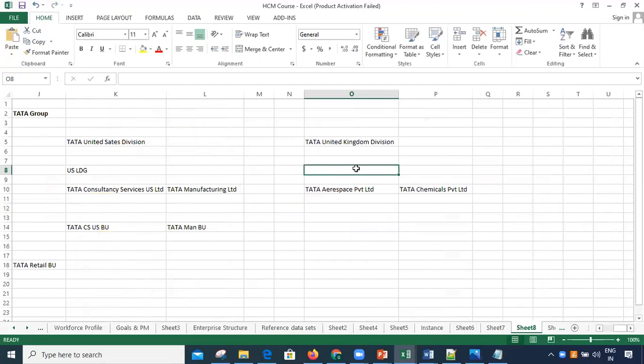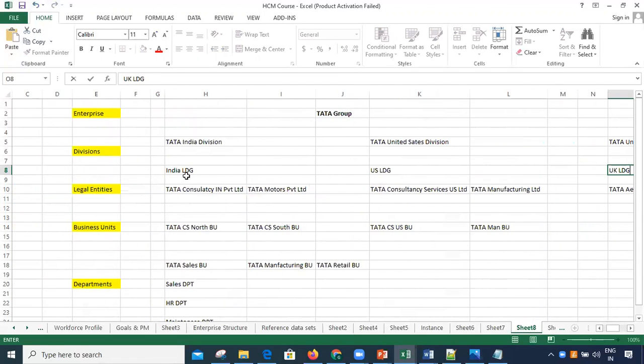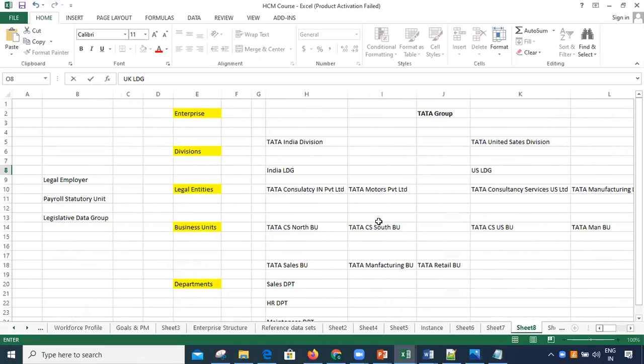Oracle has delivered LDGs for each country, and you can use them when creating legal entities. The moment you attach the Indian LDG to a company, the system understands it is part of India and applies the Indian regulations. And for the United States, similarly.